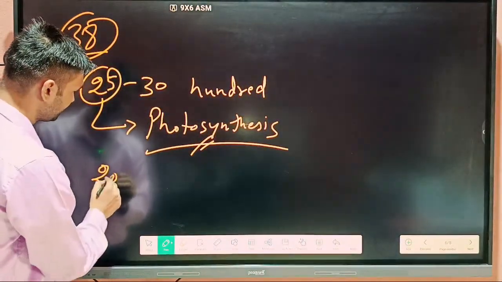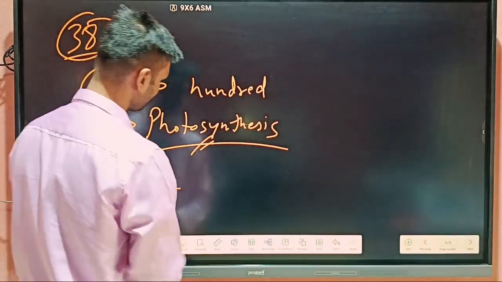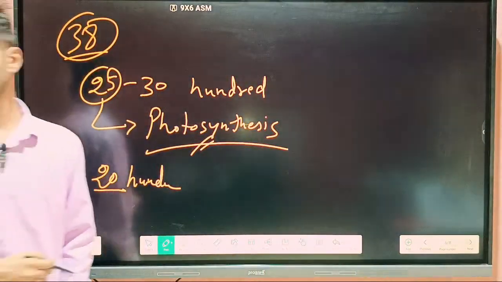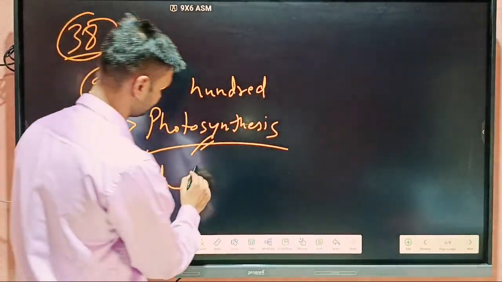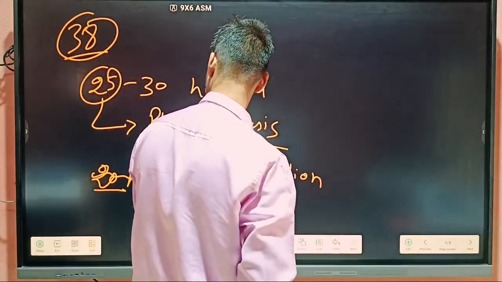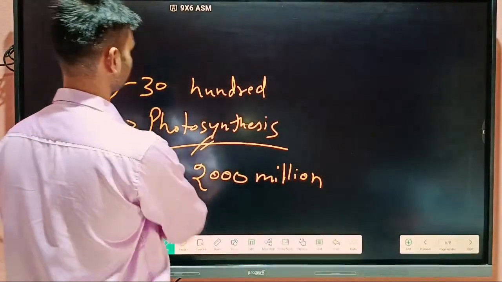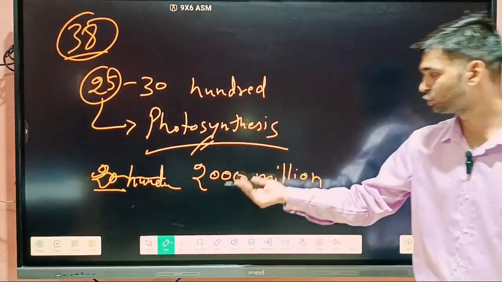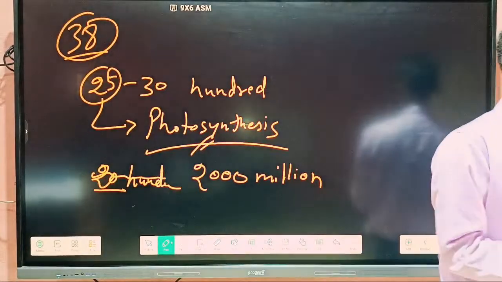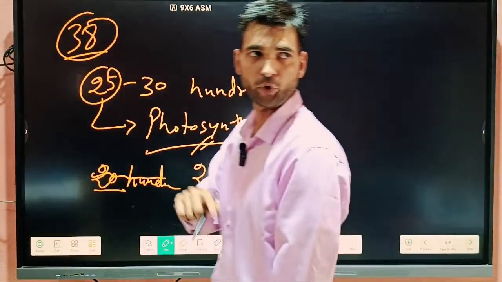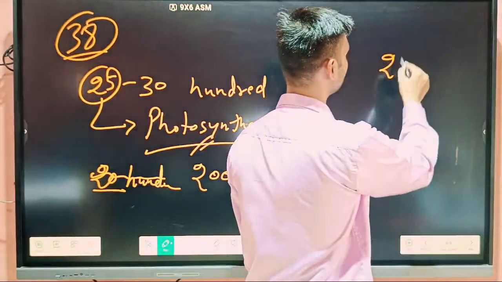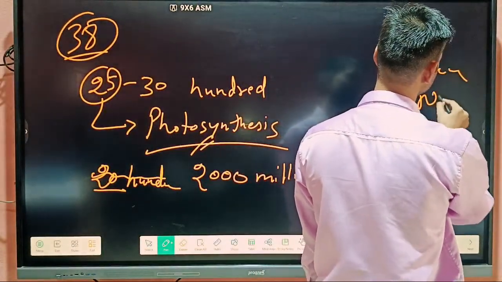And by 2,000 million years ago, the water was completely saturated with oxygen, and after that, oxygen started releasing into the atmosphere from water, and with the passage of time, the concentration of oxygen started increasing in the atmosphere, and this is how your current atmosphere, in which there is around 21% oxygen, 78% nitrogen,